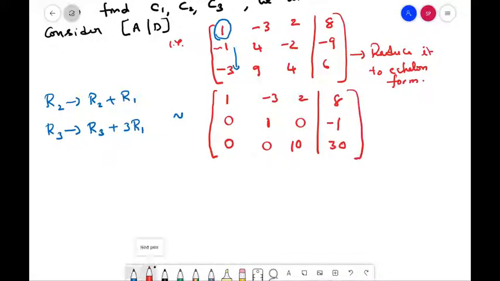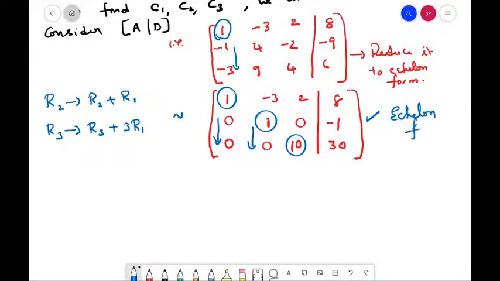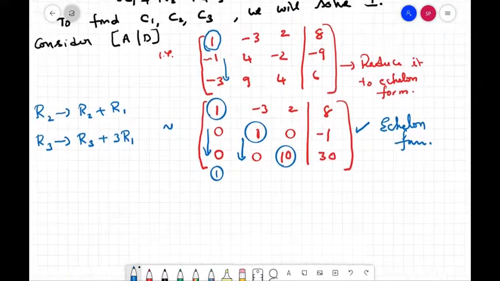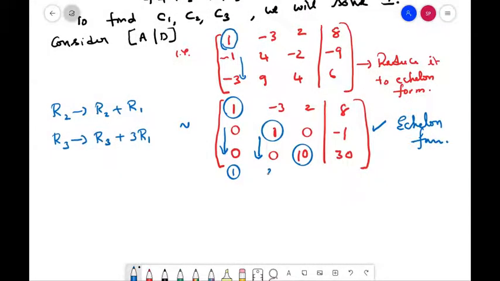Now let us mark again the pivot positions. This is a pivot and these are zeros. This is a pivot and this is 0 and this is a pivot. So in one step the echelon form reduction is over. It is in echelon form now. So now what do you have to give? You have to give C1, C2 the constant values. Let me say here this is column 1, this is column 2, and then column 3. So here columns 1, 2, 3 are pivot columns.